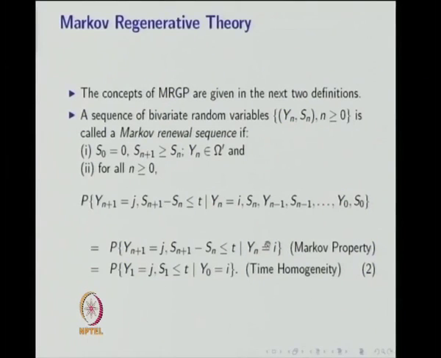The probability of Y(n+1) equal to j, with the difference of time instants less than or equal to t, given that the system was in some state Y0 at time instant S0, till the system was in state i at the time instant Sn,